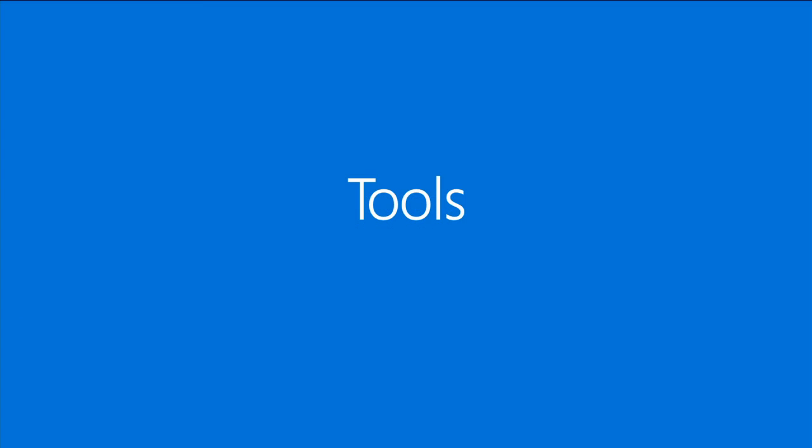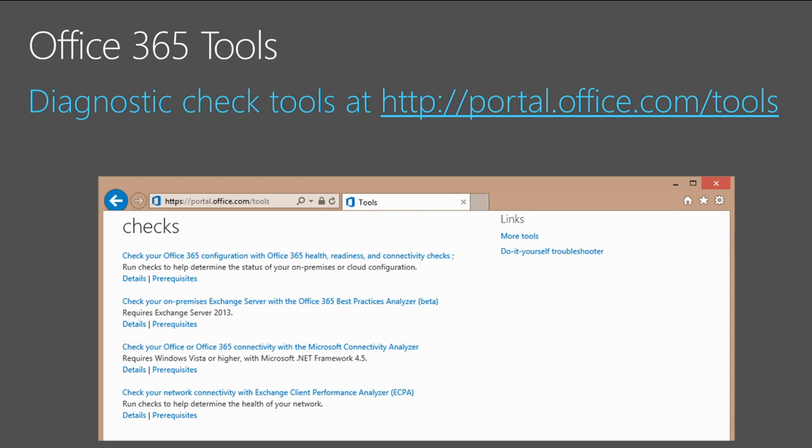All right, let's talk about tools, because there's a lot of different tools, a lot you're going to hear of today. The first thing I want to talk about is the fact that within the portal itself, we actually have this tool center. So if you go to Office 365 Admin Center and you click on Tools, or just go to portal.office.com/tools, sign in using your Office 365 admin credentials, and here's where you'll find things like our Office 365 readiness